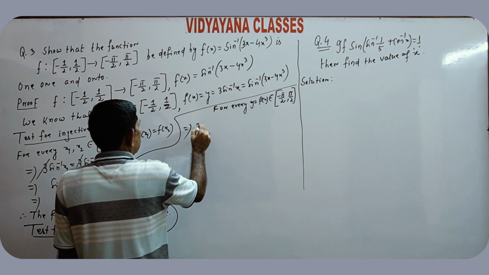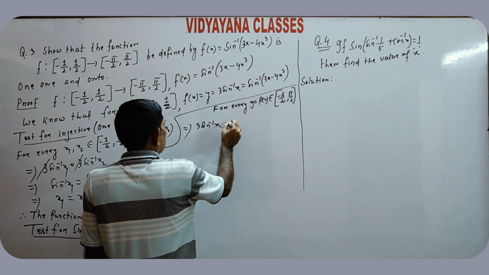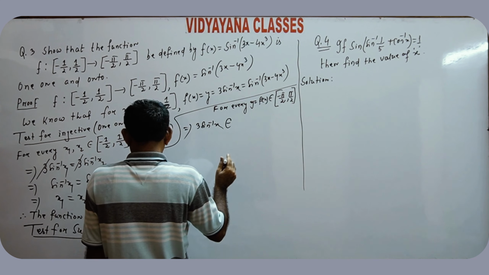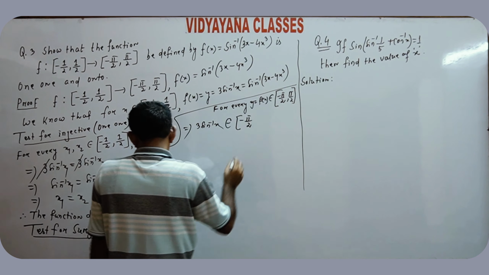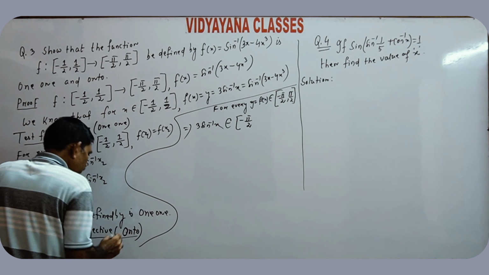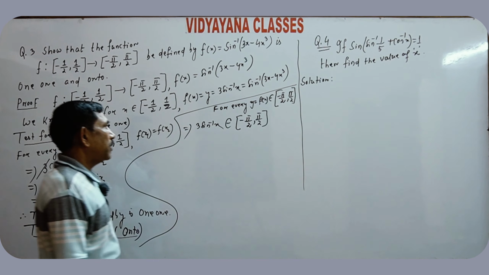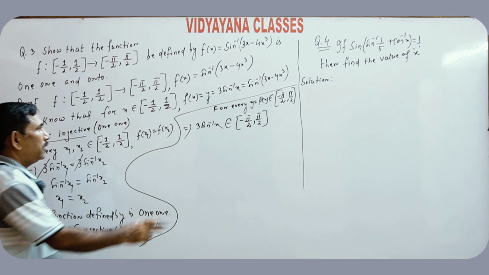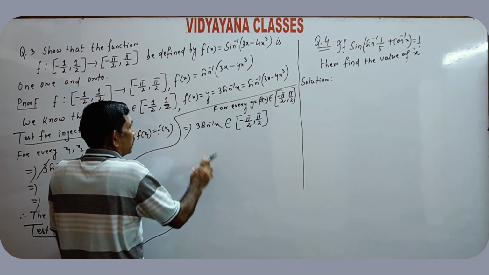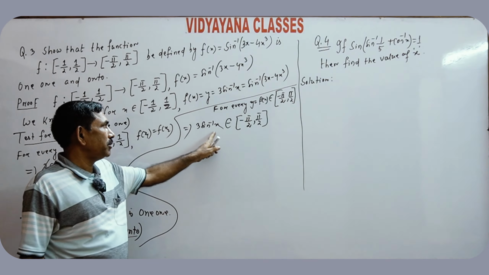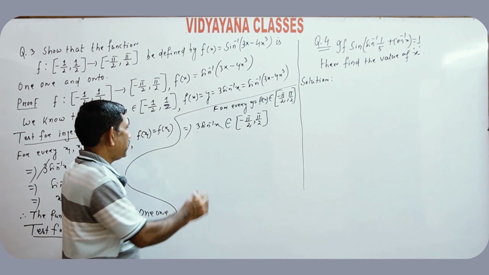That is 3 sin⁻¹x belongs to [-π/2, π/2]. For every y belongs to the codomain set, that means 3 sin⁻¹x belongs to [-π/2, π/2]. That implies